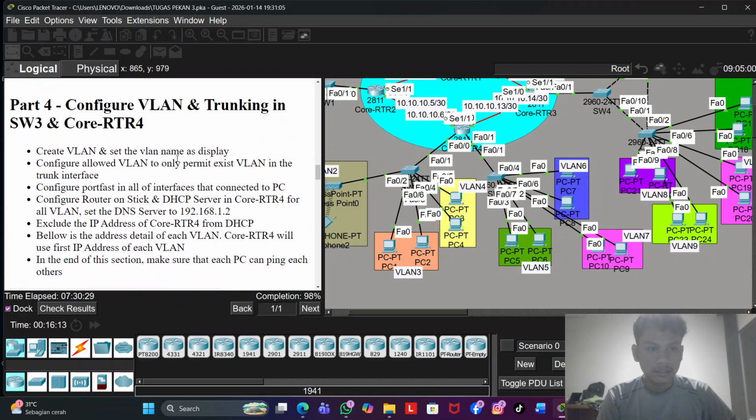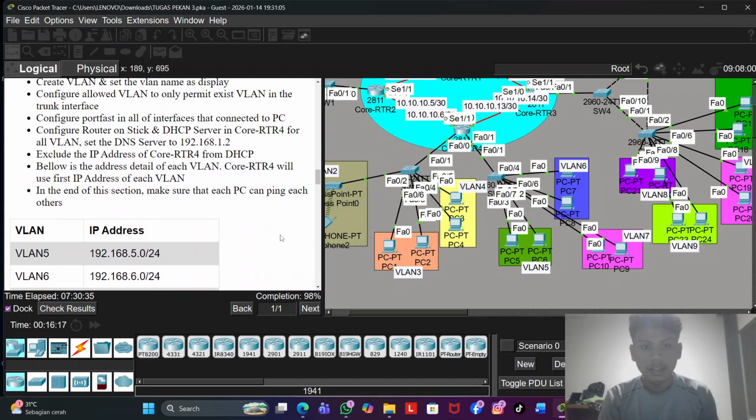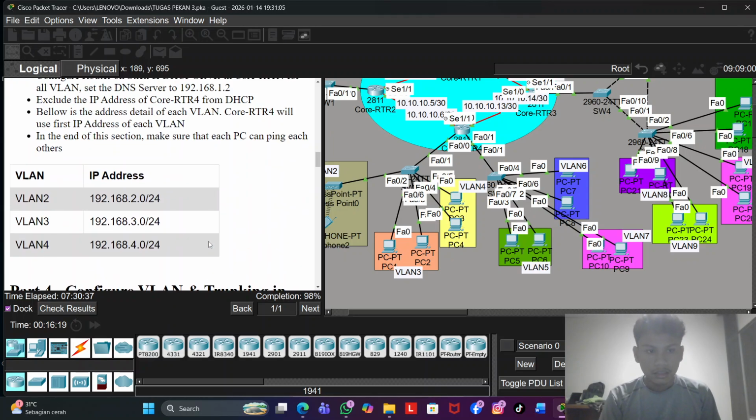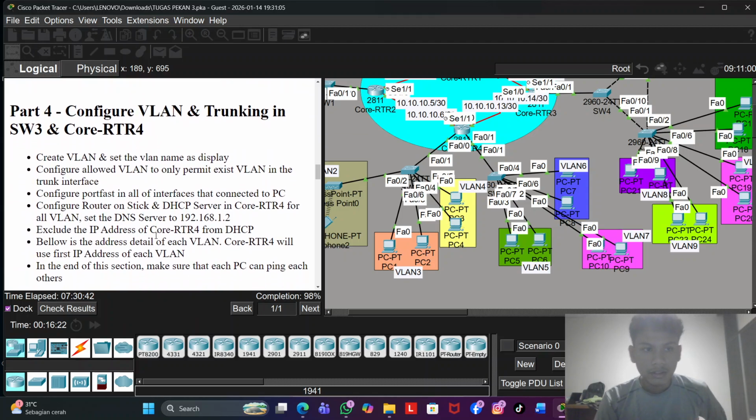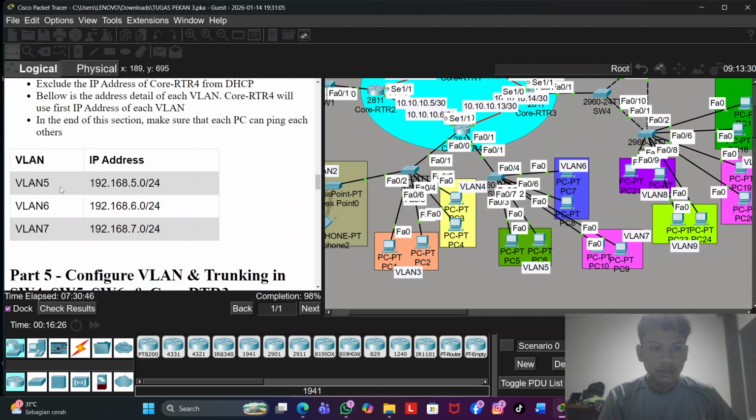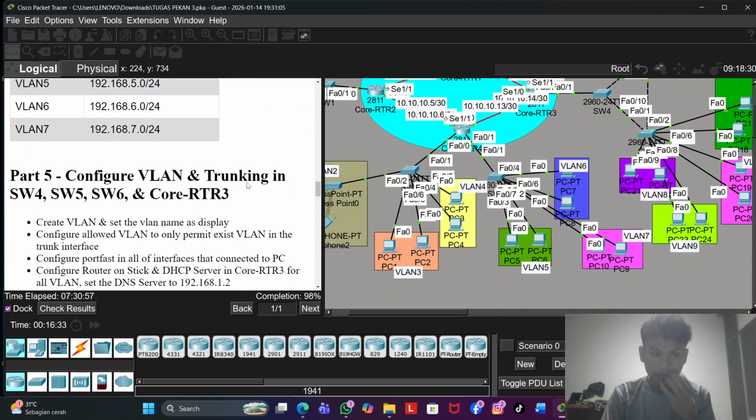So next, here's the core router 4. Here same, but with different VLANs. Before with VLAN 2, 3, and 4. In this part 4 we use 5, 6, and 7. So let's check the command over here. From VLAN 5 to VLAN 6 is successful.